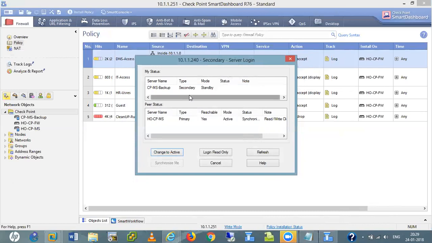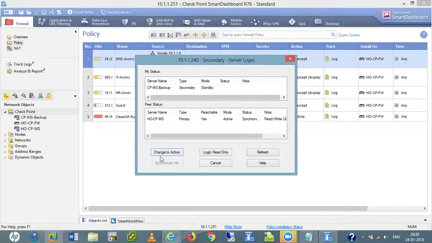But how did you get it? See, the thing is this: when I tried with the admin username, the admin username is for my Gaia OS, not for the actual Checkpoint. It's for Gaia only. We open this Gaia OS on a browser, and that time we use this admin. Right now we have only Jill, which is our username for this Checkpoint management server and secondary. When we installed this secondary management server, we didn't set any username and password.